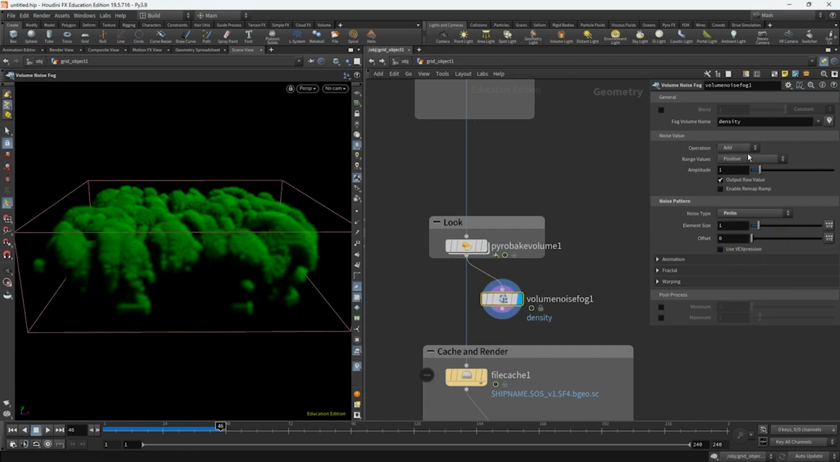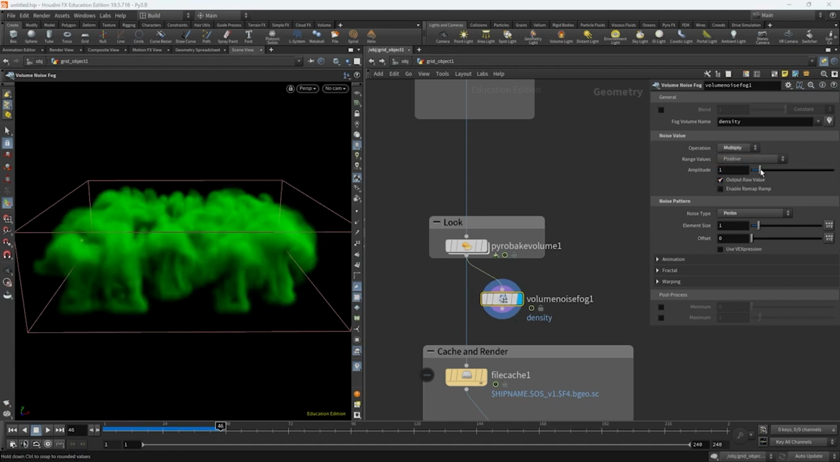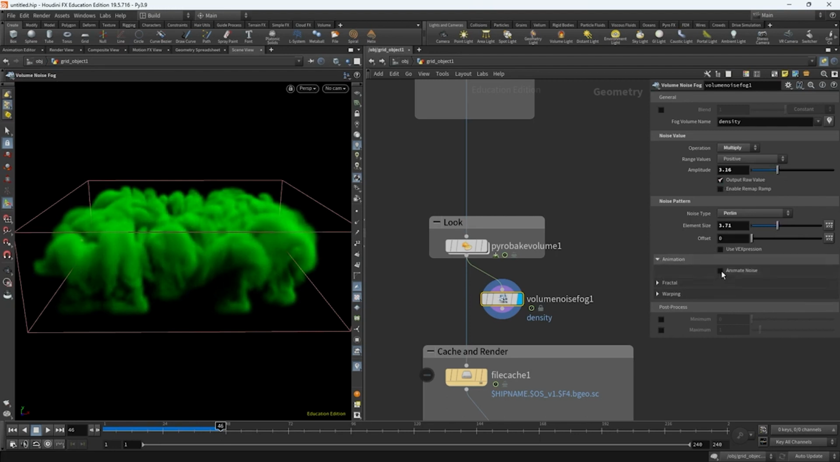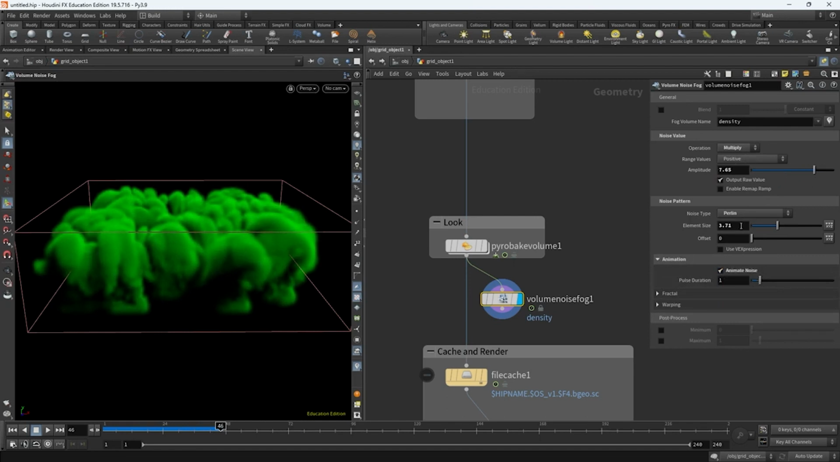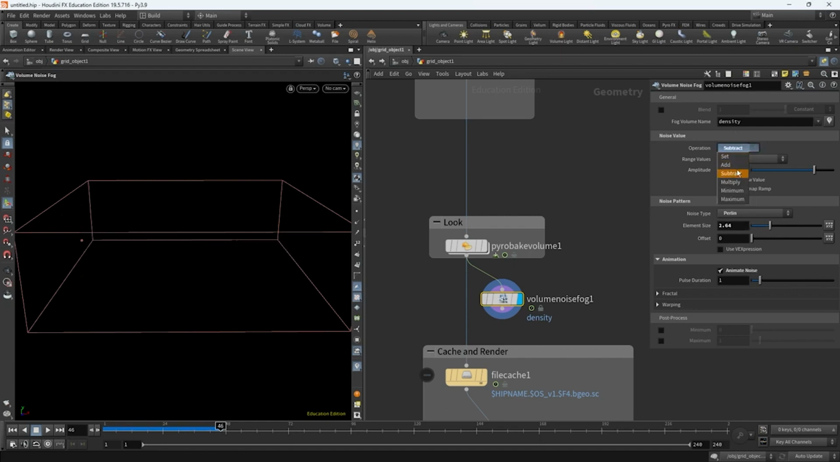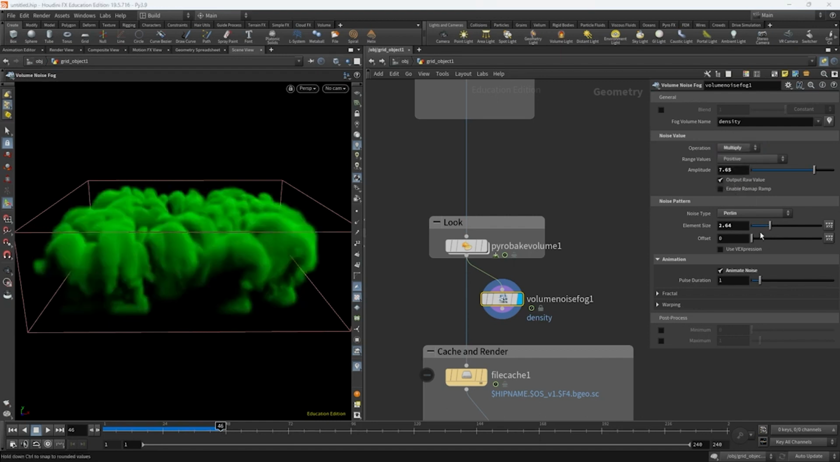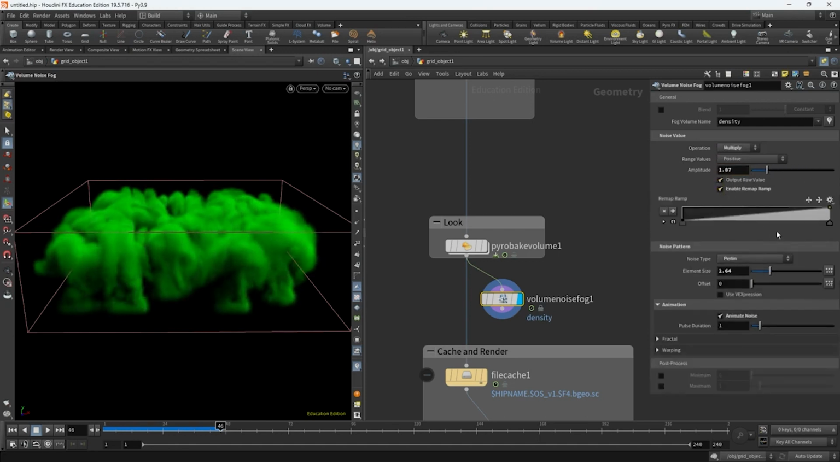We're introducing density, and then maybe I'll just go multiply, and so see, I'm able to add that in, and then I can even animate the noise. So I think I might need to just increase this. You know what? Let's try subtract, or maybe let's try multiply. But we probably need this to be negative. Anyway,